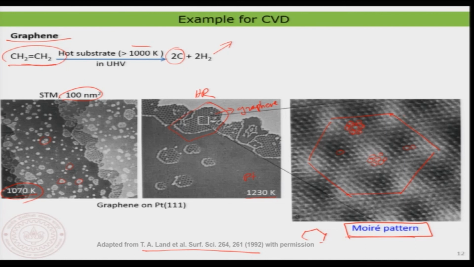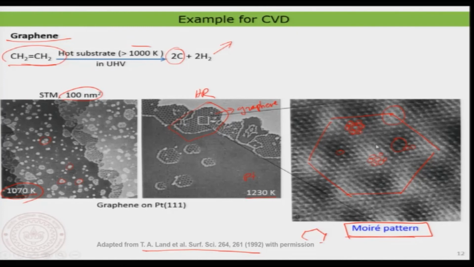But believe me that in this region, the carbon atoms are not adsorbed at the same position as the carbon atoms at this region. So, the carbon atom in this region is adsorbed in a different position with respect to the platinum 111 surface compared to this position. So, that is the reason why you have this modulation of contrast, and it is not just the contrast modulation, the topography is also modulating, because the atoms are adsorbing at different places. But now you can see in general, using chemical vapor deposition, you can prepare very high quality materials,